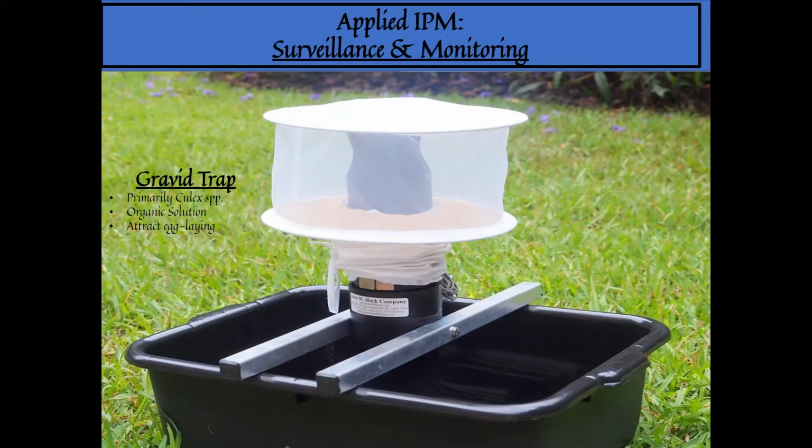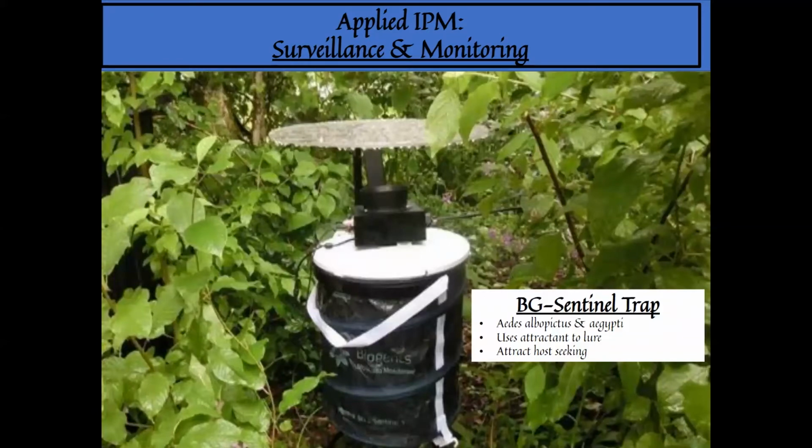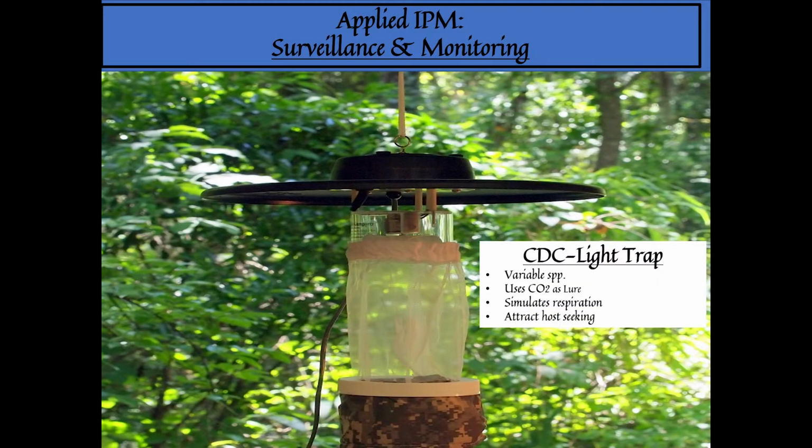The gravid trap tends to focus on Culex species mosquitoes and trapping them as they're looking for sites to lay eggs along the waterline. The BG sentinel trap, which mimics mosquito hosts through lures, traps various mosquito species types that are looking for blood meals so that they can then generate eggs. The CDC light trap, which also mimics host, is similar to the BG trap in that it attracts hungry mosquito